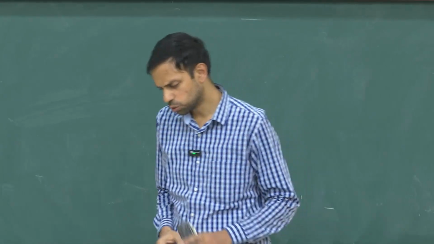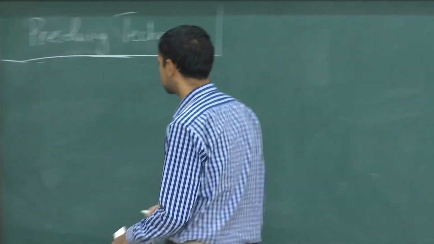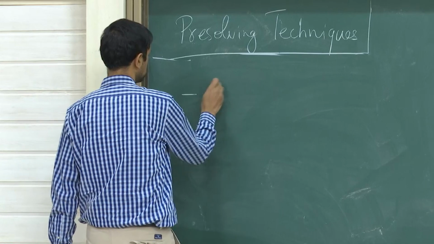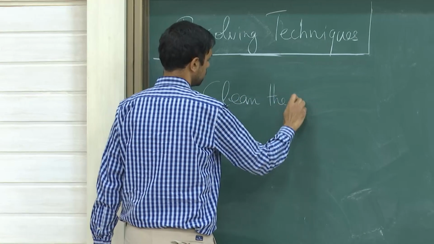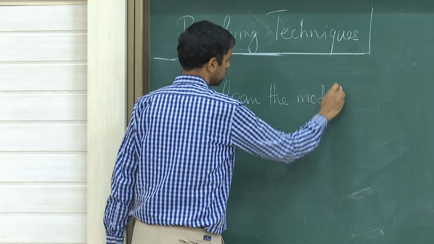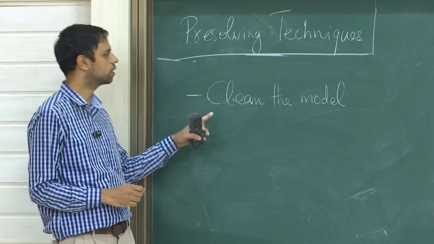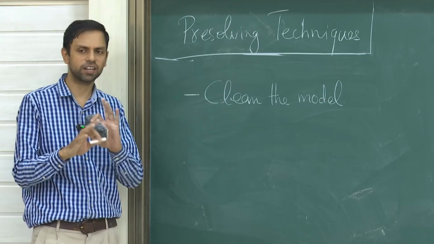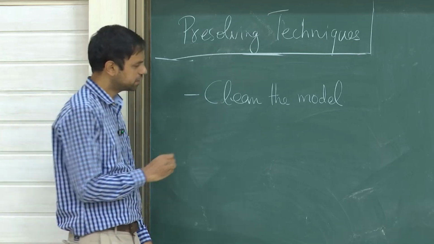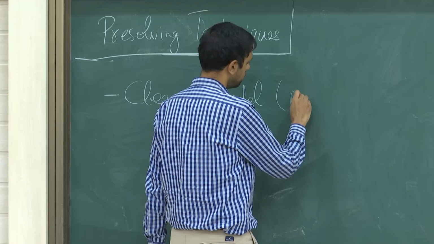Okay, the two important things that they do is, first of all, clean the model. And that means removing things which are redundant or unnecessary, at the same time making it possibly numerically safer or